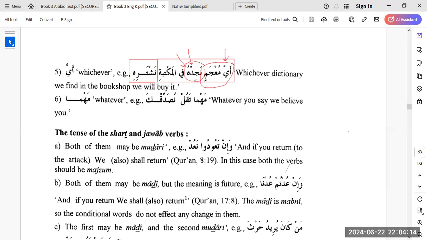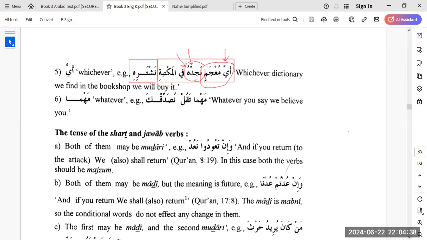All right. So you have ayya mu'jamin najidhu fil maktabati. Mu'jam means dictionary. Ayya mu'jamin najidhu. Najidhu means we find it. Najidhu, we find it. And whichever dictionary we find, fil maktabati, in the bookstore or bookshop,